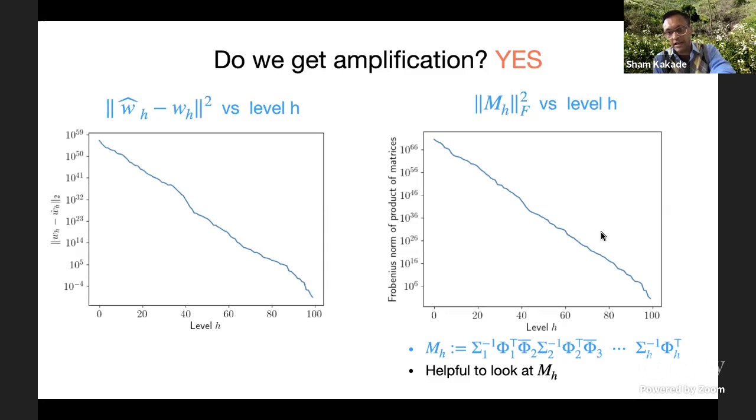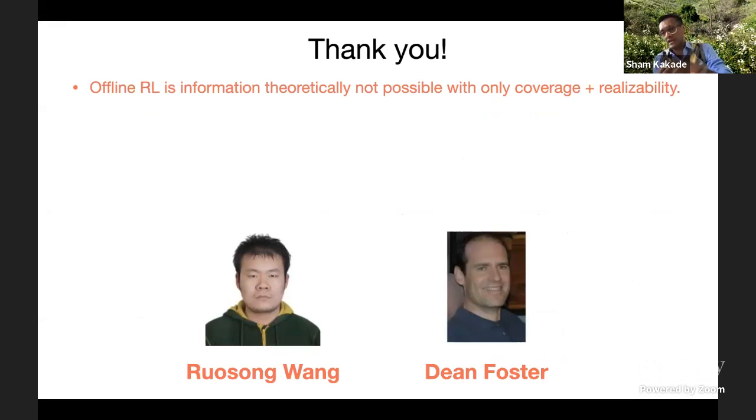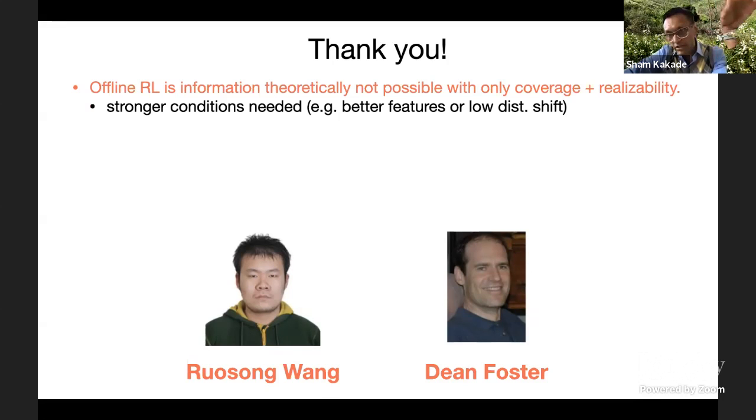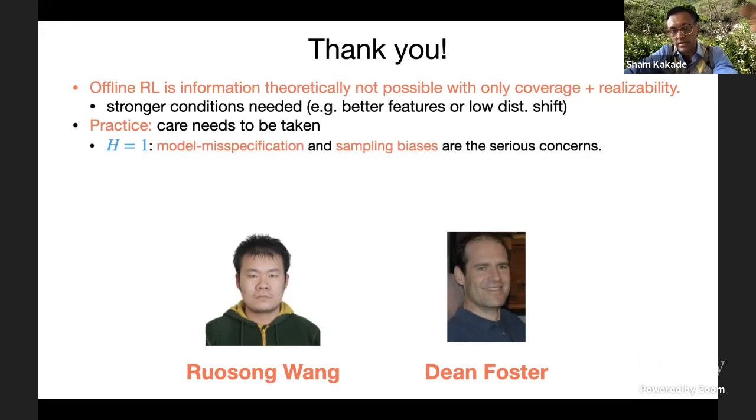So the main point I'm making here, let me just wrap things up, is that you can look at the talk for these examples or email us, but this offline problem, information theoretically, we can't do it with coverage and realizability alone. We definitely need stronger conditions. I think it's worth pointing out why this is important: for these important applications, we really do need to take a fair bit